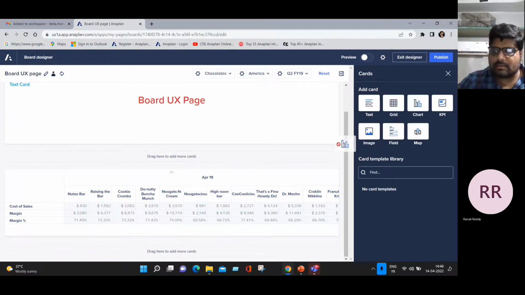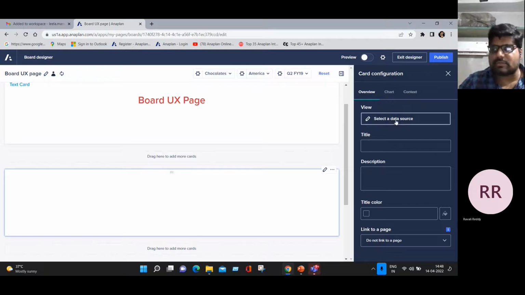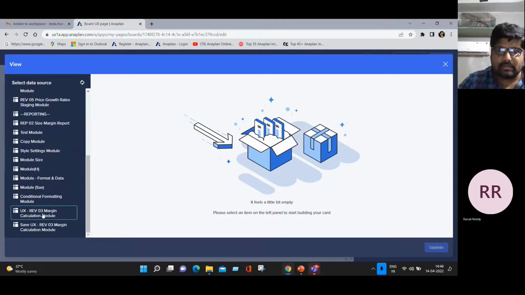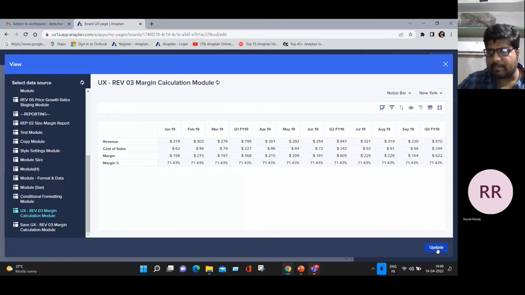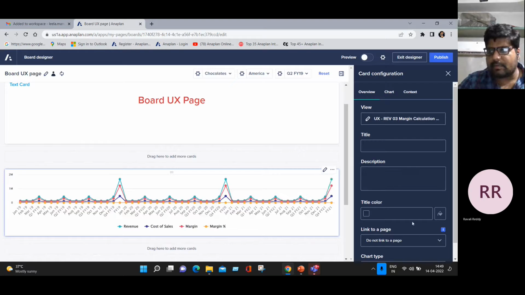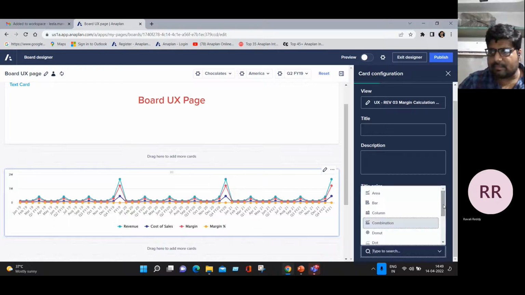And take a chart card, configure a chart card. In a similar way, we select a data source, selecting the particular module, and here there are also similar options: pivot, show hidden, conditional formatting, and filter. And we also change the chart type. Here we have a few chart types: a bar chart, column chart, combination chart, dot chart, line chart, pie chart, and waterfall chart. Here I select a column chart,